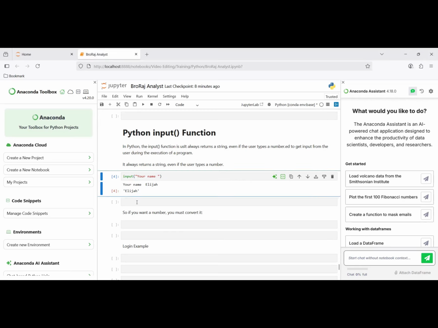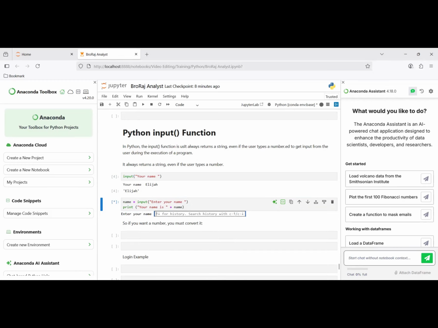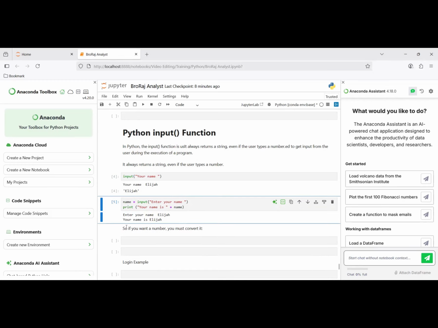So when you write with the print function, you can write it as this. You can create a variable and you can enter the name inside that variable, and then you can show it through the print function. So name equals input, enter your name, and then print your name is, and concatenate it with the variable. So it is asking what is your name, and you got the result, your name is